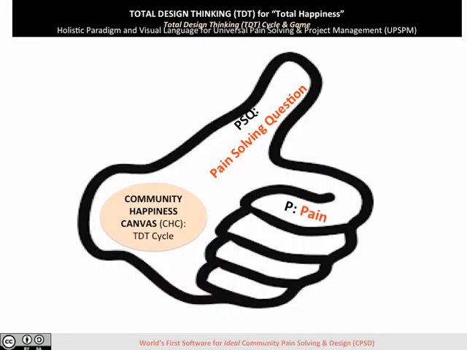Then on your index finger is the pain, your middle finger the plan, your third finger the do, and your fourth finger review. So the question is on the pain solving thumb, and the answers are dealt with in the pain plan do review fingers. These constitute the pain plan do review cycle, and this shows that each question is related to the central theme,